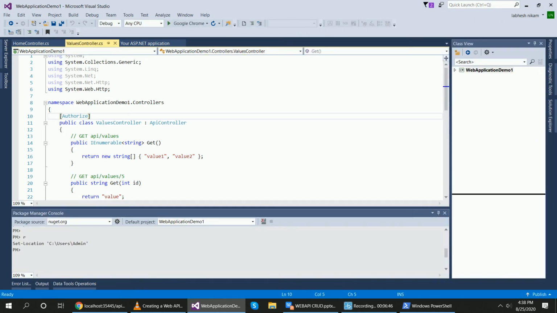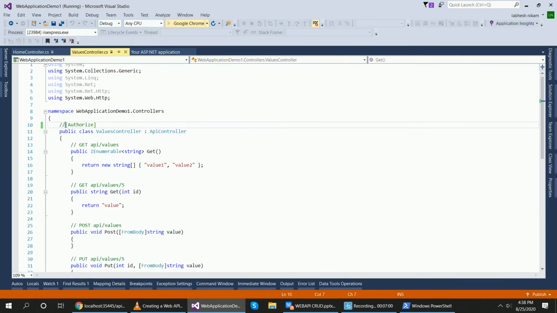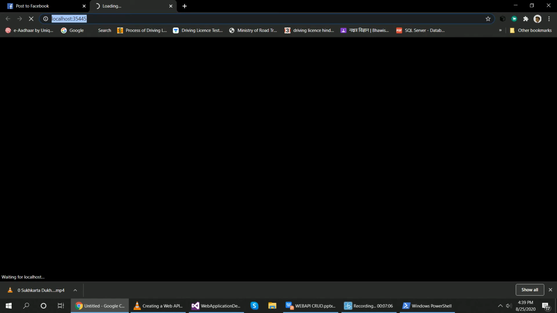So I will comment this Authorize attribute, save it, build it, and run the project again. Right.